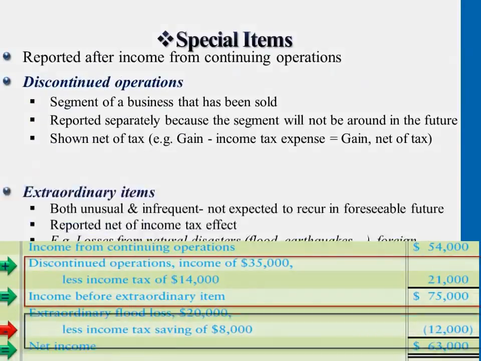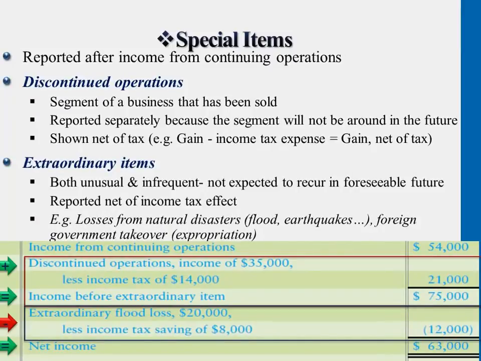So the special items breaks down to, again, two parts. The parts that we sell out to others, discontinued operations, either just simply terminated or sold out, and the part that's considered extraordinary. Okay, so here's an example that we continue for $54,000, and let's say that we discontinue this segment of the